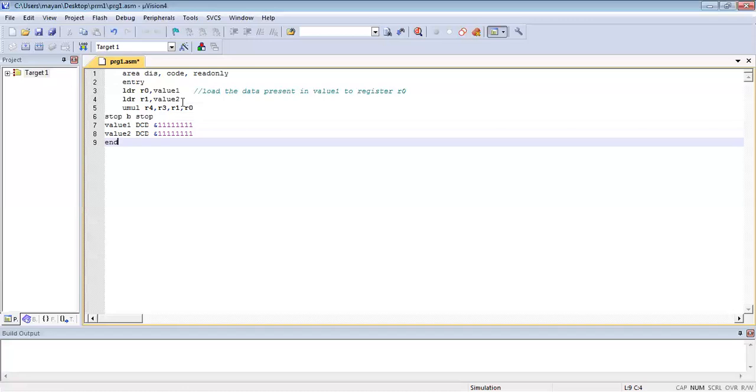So this is how your first program works, the program to multiply two 16-bit binary numbers. We are taking R0 and R1, two registers, each of 16 bits, and the result will be stored in R3 and R4. Here the values we are assigning use DCD, an assembler directive of 32 bits. So we have taken two long 16-bit binary numbers. We will multiply them and the result will be stored in registers R3 and R4.